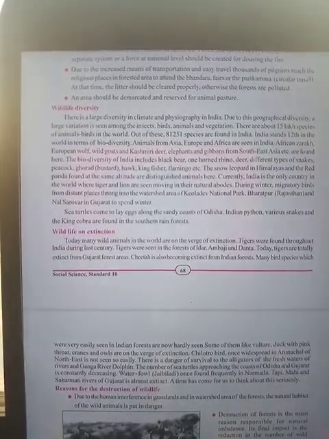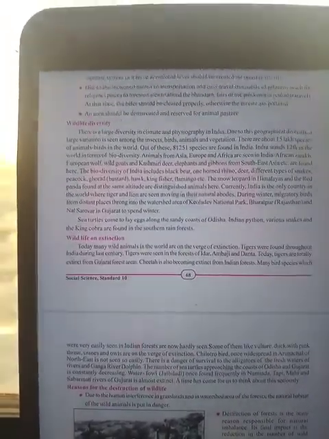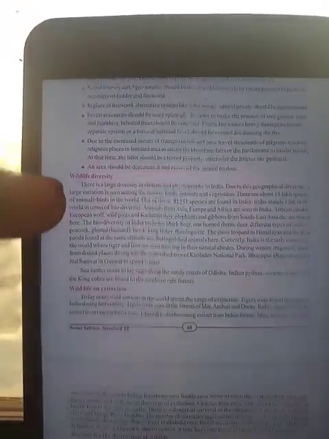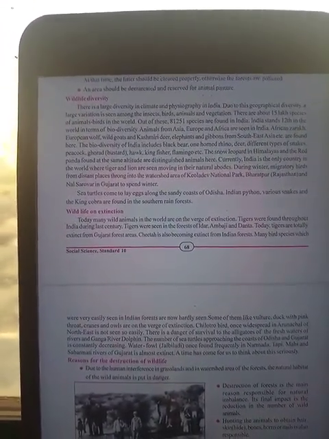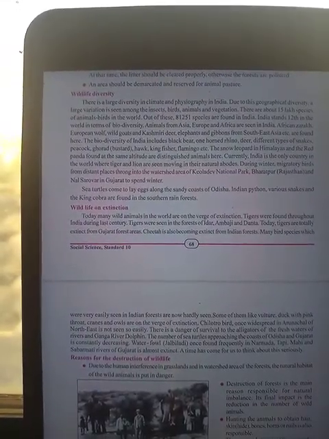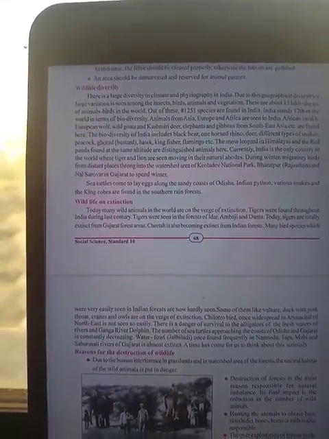Out of this, all these you have to underline. And the previous points are all important. These remedies of forest conservation are all important, you have to note them down. Then you have to write: there are about 15 lakh species of animals and birds in the world. Out of this, underline, out of these